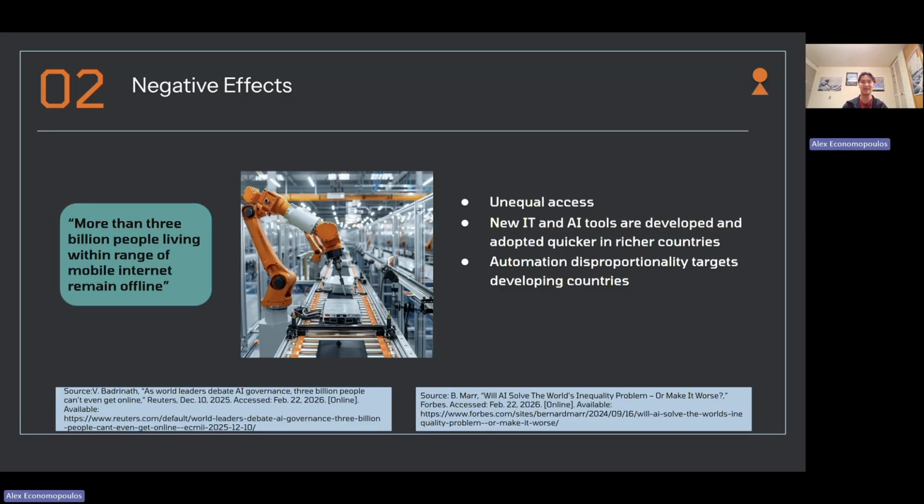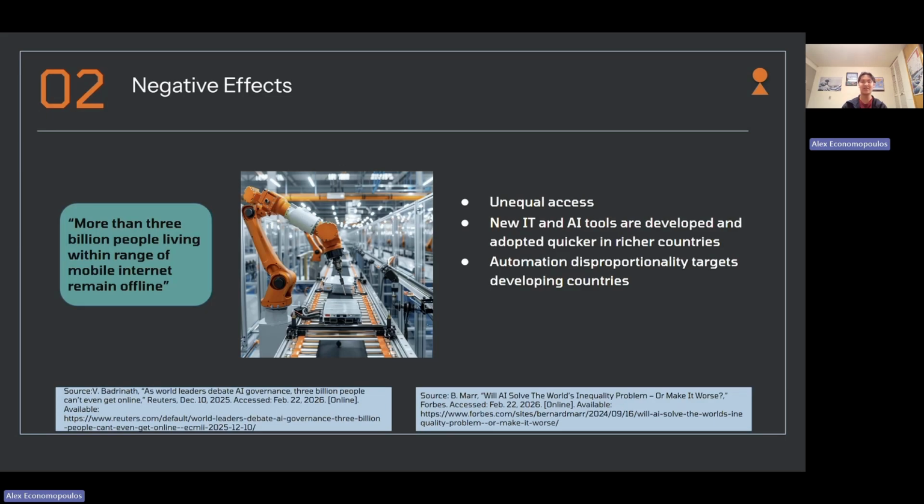While IT has made some efforts to close the gap between rich and poor countries, it has mainly widened the gap overall. First, the aforementioned benefits really only apply to those who have access to the internet. Currently, more than 3 billion people do not have internet access, and these regions are mostly made up of poorer countries, allowing richer countries to benefit more from IT. Secondly, but related, new IT and AI tools are often developed and adopted quicker in richer countries due to more advanced education and infrastructure, which allows them to benefit from new technology sooner than poorer countries.